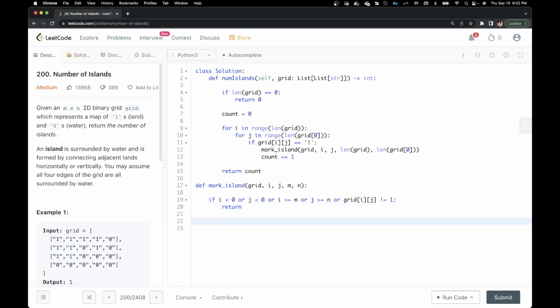That's all. Now, when we perform DFS on a particular function, what do we do first? First, we mark it as visited. In our case, we were marking it as 2. So what I'm going to do is grid of i and j will be marked as 2. And then we perform DFS on that particular element. So we do mark of island, we pass in the grid, we pass in i. To go to the right, it would be j plus 1,